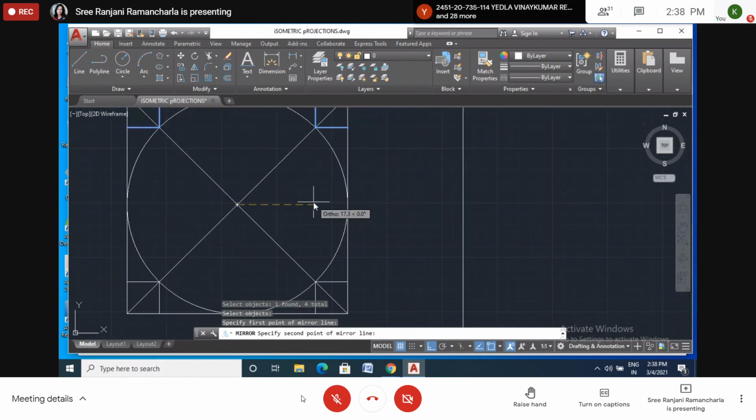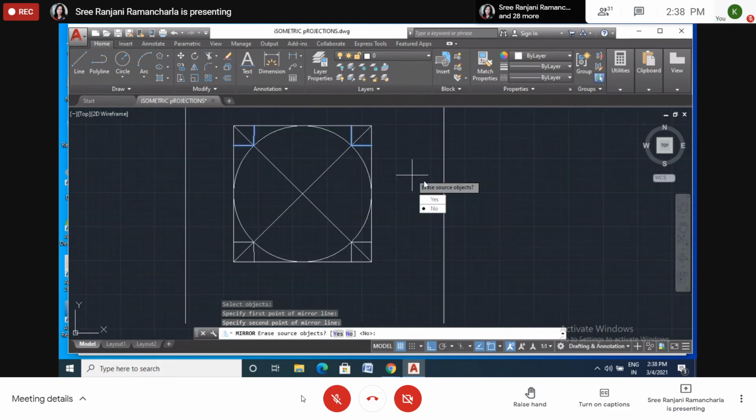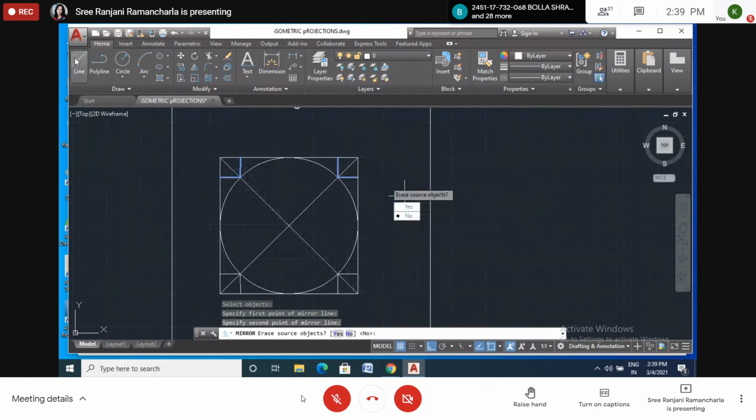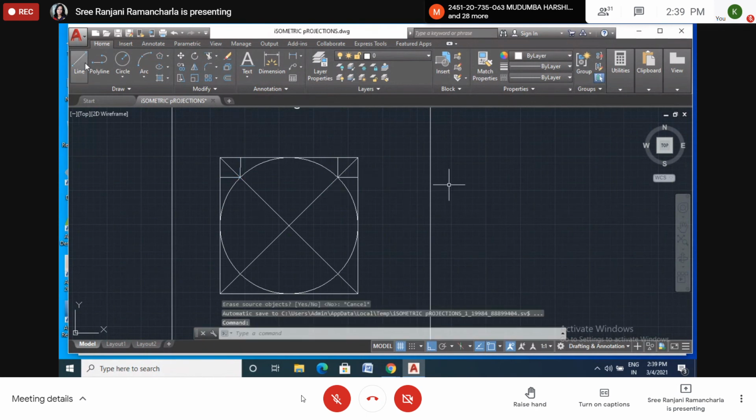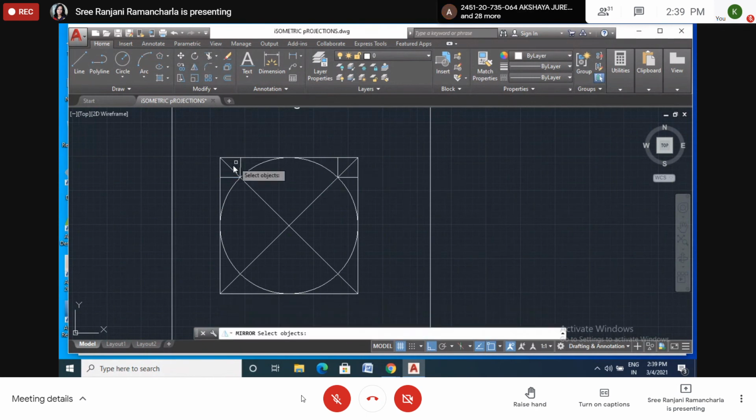Any line, if you want to take a small length also, it doesn't matter. Okay, see here, a small line. So like this, anywhere you can take. Okay, this I got. Now we got the offsets. So we'll draw the center lines also. Okay, just wait. Enter.